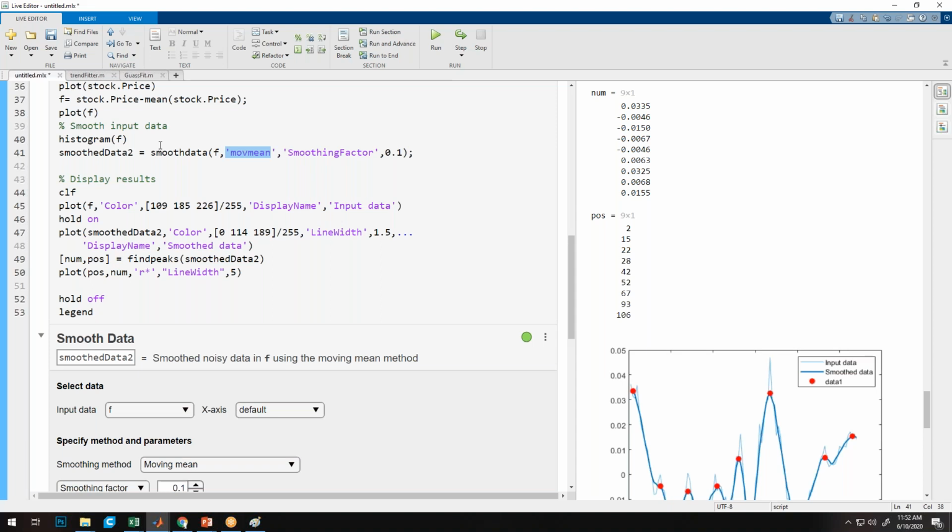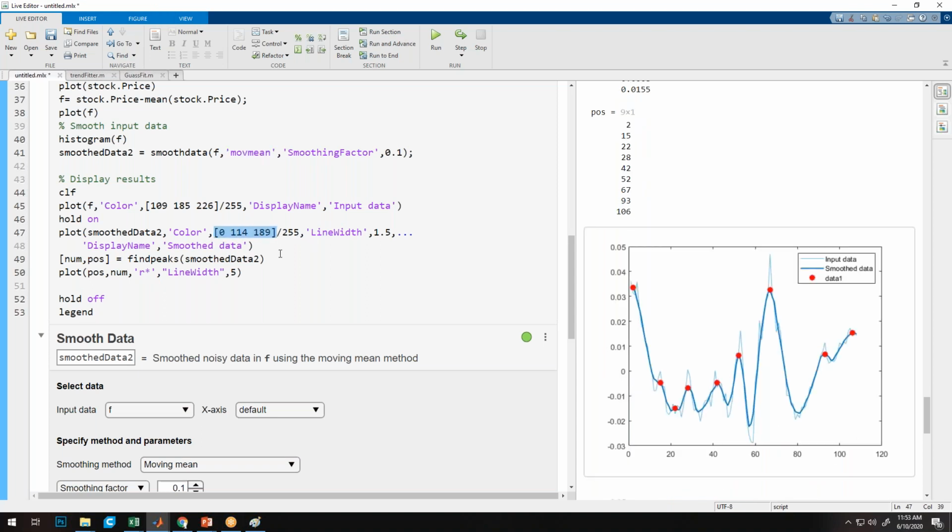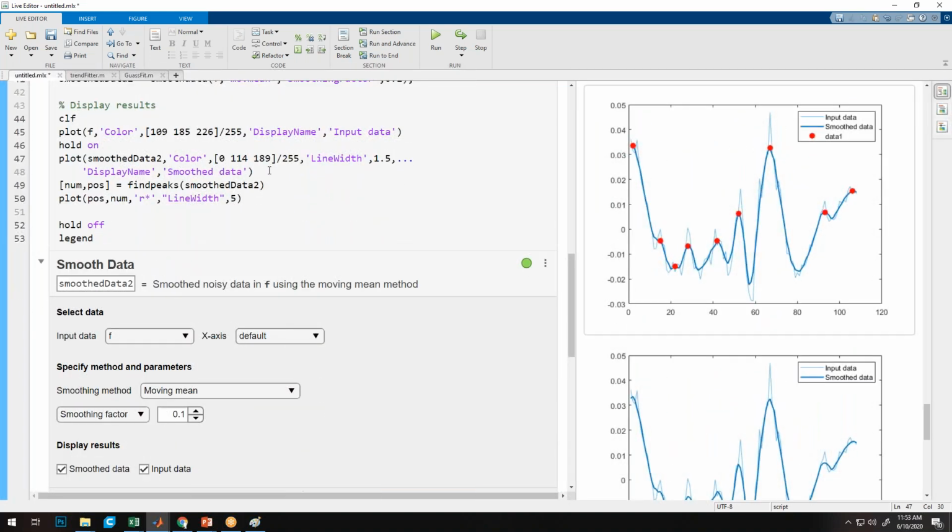So this is just one line of code, and the other line of code is just a graphical plot. To get the graphical plot, they have given the color information in terms of numbers. As I told, every color's maximum value is 225, and the minimum is 0. Because we have to plot the blue color, the red component should be 0, the green component is there, and the blue component is greater than the green.